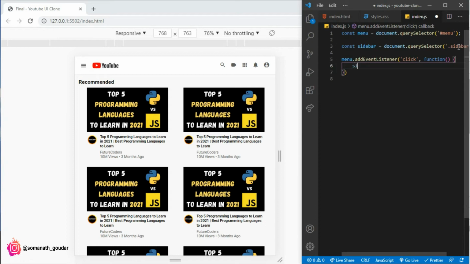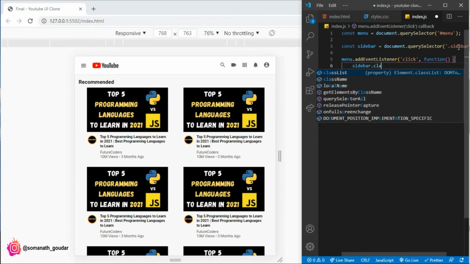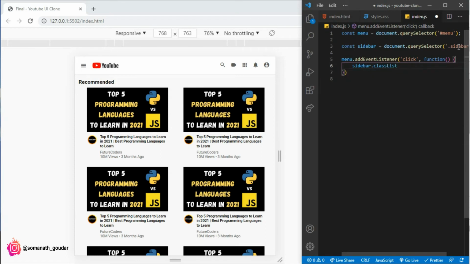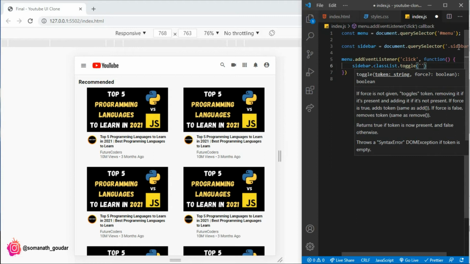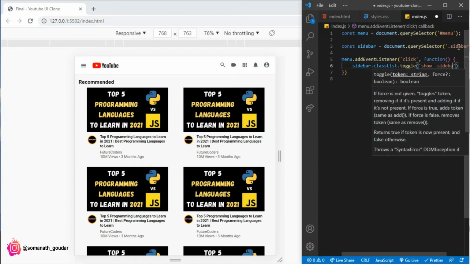So I'm gonna say sidebar dot, we are gonna define a new class. We have not yet defined it in our styles.css, but let's add it first in the JavaScript file. I'm gonna say classList toggle that class name, that is show-sidebar. Don't worry, we will be defining this class in a bit.